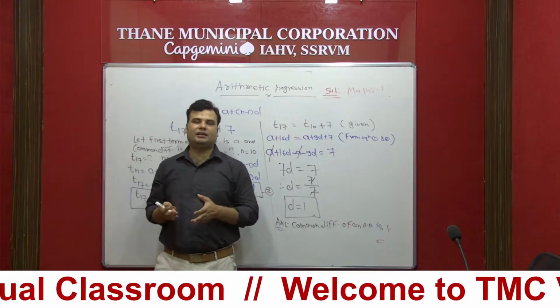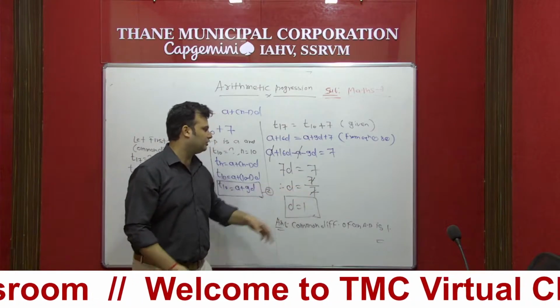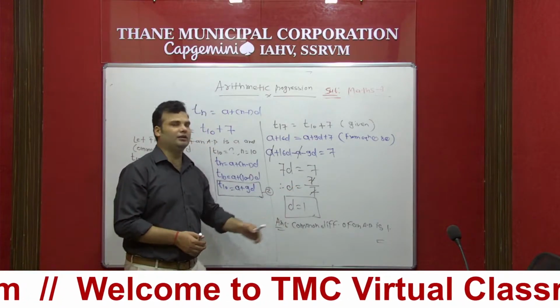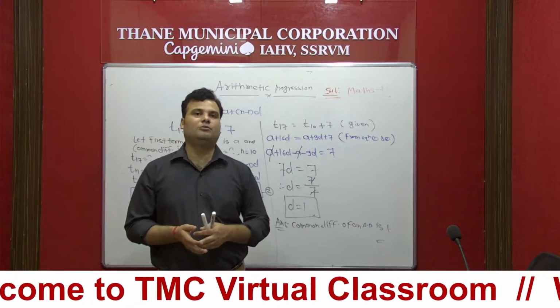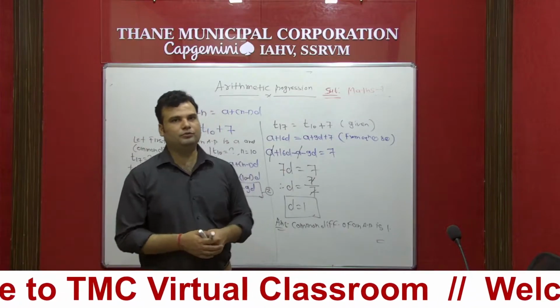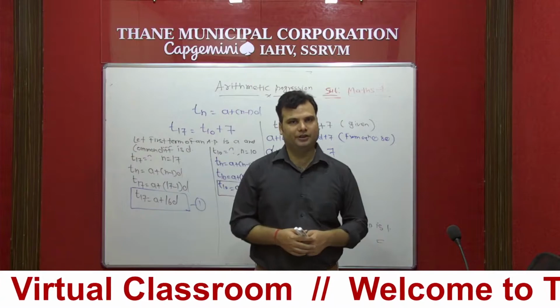Now we have to find the value of the common difference, that is D only. So 7 multiplied on this side becomes divide on the other side. 7 ones are 7. So the answer is 1. This way you can solve this type of sum, and it is very important from the exam point of view. So practice this, and if you are getting any doubt, you can refer to this video.